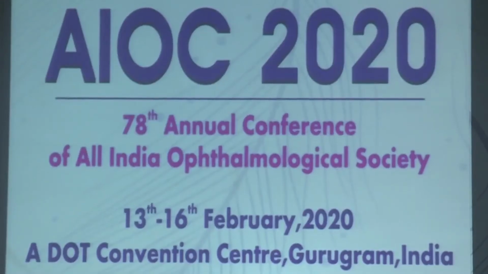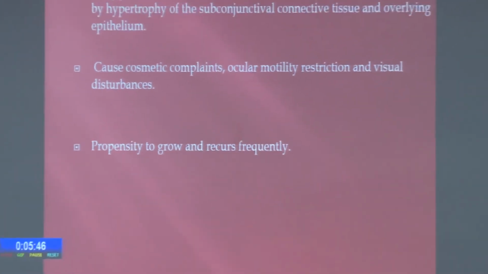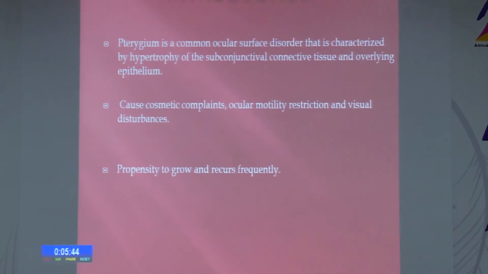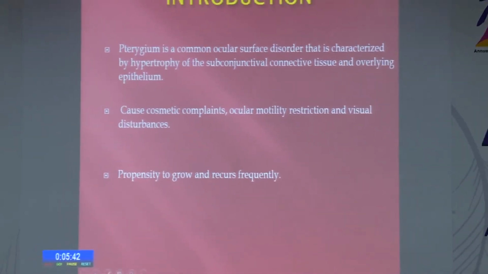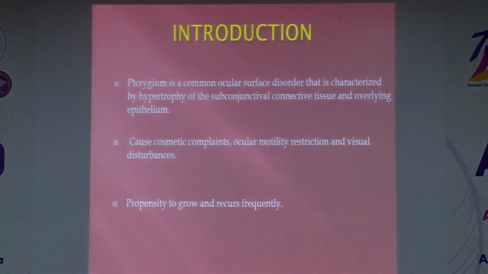Thank you, sir. To all of you, my paper is on supratenonous excision of pterygium, a novel technique of pterygium surgery. I have no financial interest in this topic. Pterygium is a common ocular surface disorder that is characterized by hypertrophy of the subconjunctival connective tissue and overlying epithelium. It causes cosmetic complaints, ocular motility restriction, and visual disturbances, and has a propensity to grow and recur frequently after